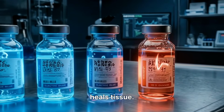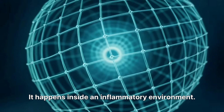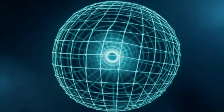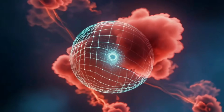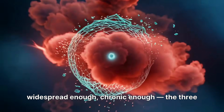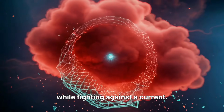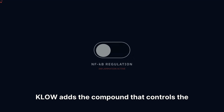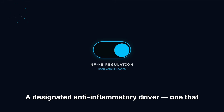GLOW heals tissue. But healing doesn't happen in a vacuum. It happens inside an inflammatory environment. And if that environment is aggressive enough, if the inflammation is severe enough, widespread enough, chronic enough, the three compounds in GLOW are doing their jobs while fighting against a current. KLOW adds the compound that controls the current, not another repair peptide, not another angiogenesis signal, a designated anti-inflammatory driver,